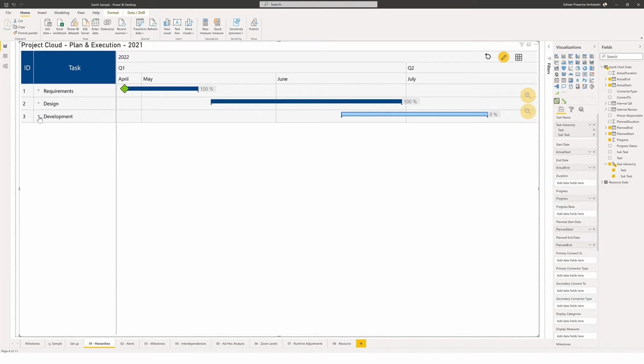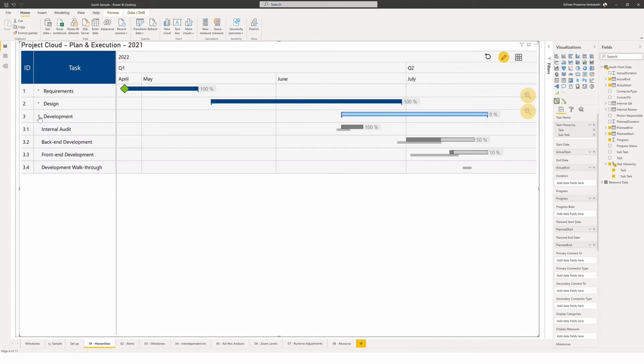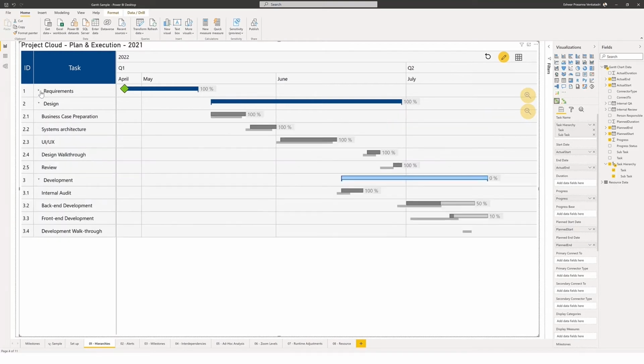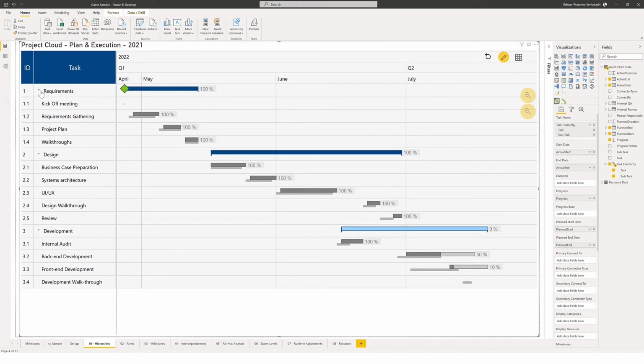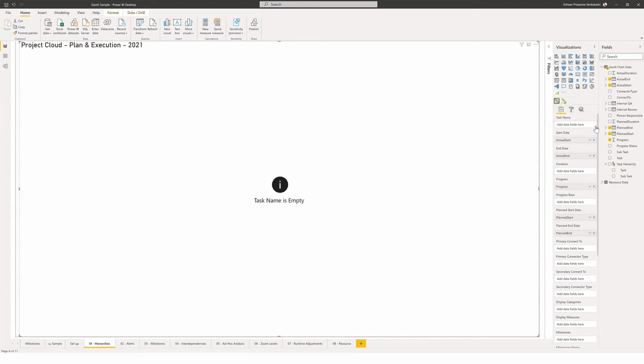Now, here's the best part. This one has got just 2 levels here, but I can get it to work several levels down. So there isn't really a limitation in the number of levels that the Gantt chart can take. And what's more is, I don't actually need a hierarchy here. I don't need a defined hierarchy. Even if I stack fields on top of each other, I can create a hierarchical representation on the fly.